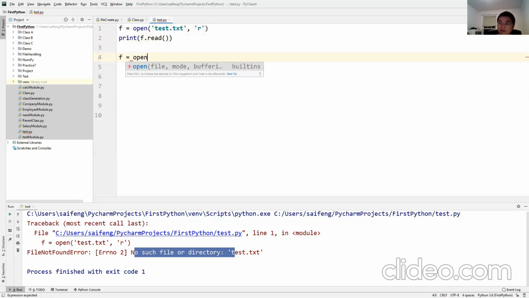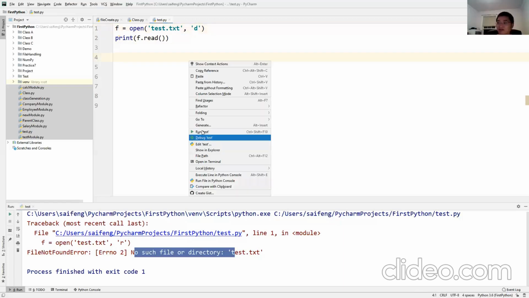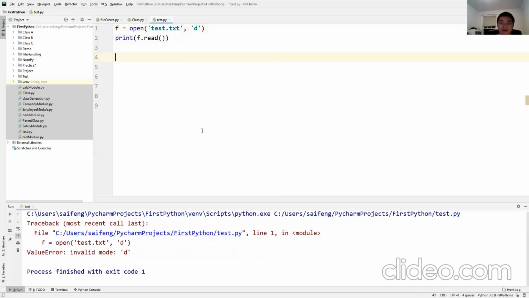Then you just modify. What should I modify in this code to avoid the error? Change the R to D. Replace R with what? D. Yes? You create a mode by yourself. What's mode D? We're just talking about there being only 4 modes, right? R for read, W for write, A for append, X for create. Oh, A.